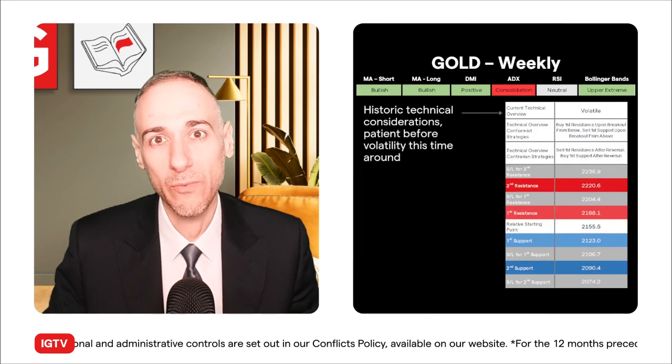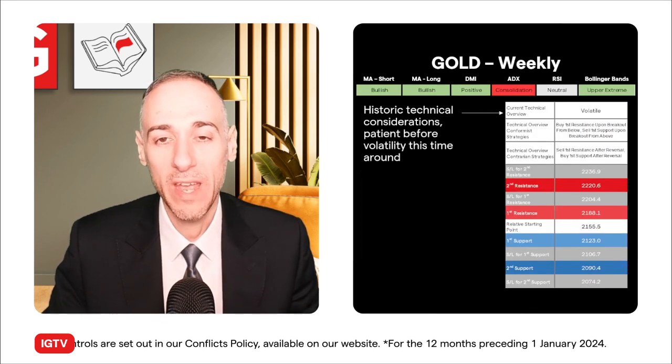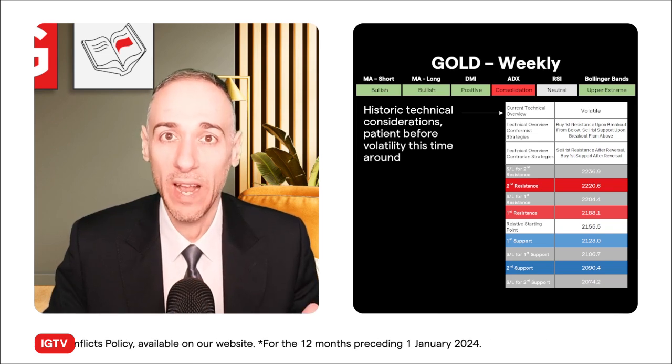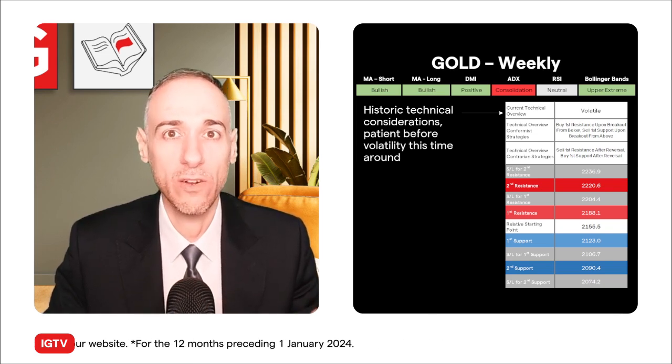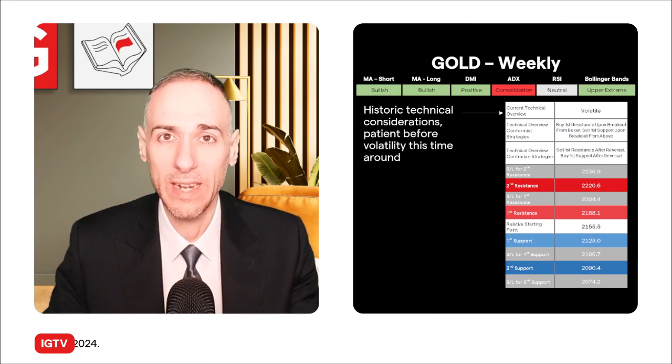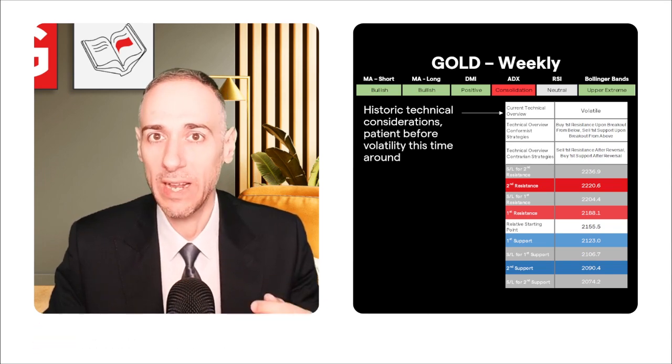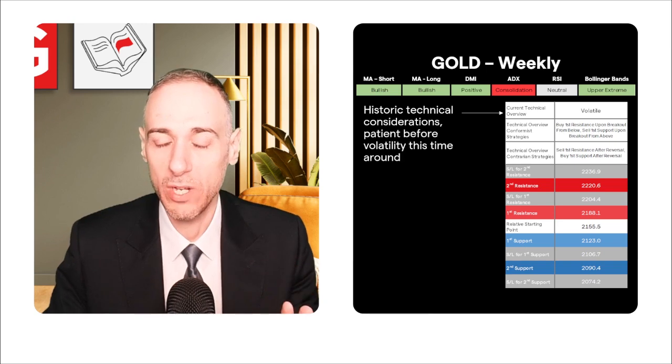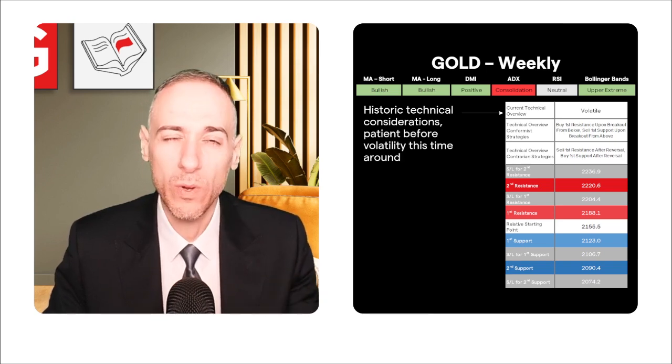So I'm going to start off with a technical overview on the weekly time frame. In fact, for the weekly and the daily, we're putting it at volatile. This has a lot to do with historical technical considerations. You can see the technical cheat sheet video for USDJPY to get an idea as to why that is. And if we are going to factor in, when I get to the fundamentals, I mean, this is a technical cheat sheet, but there is a significant margin to work with, similar to what we used.